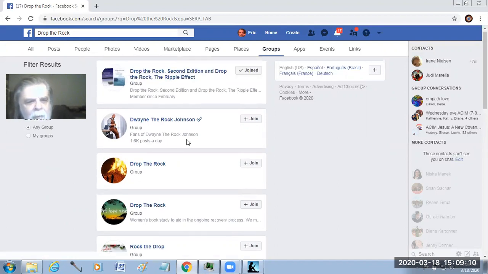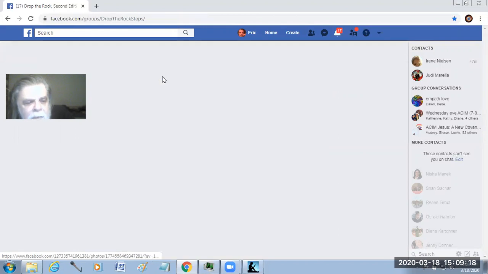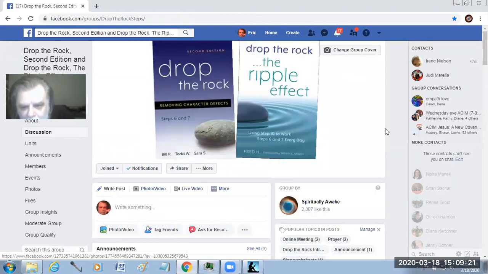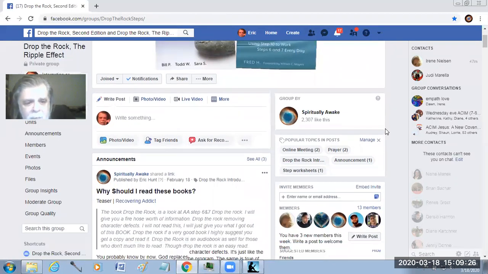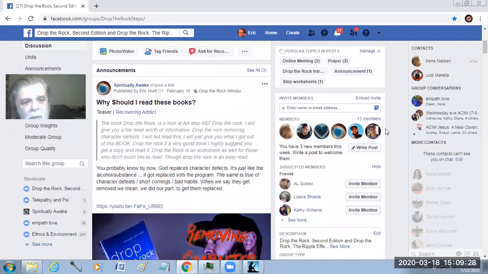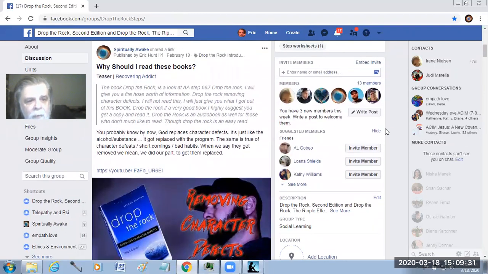And if you want to, in the future, realize that this one here is just in the very, very beginning phases. I have just set up the group, and I've begun to build some of these units, and I've just begun to go through the book with my friend Irene here. And I invite you to come and take a look at what's involved with Drop the Rock if you're not familiar with it, or if you are familiar with Drop the Rock, to come in here and help me see what I can do to improve this for people that are more advanced and have already studied Drop the Rock, perhaps.